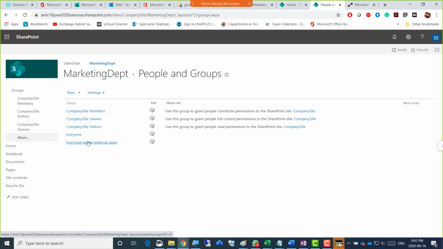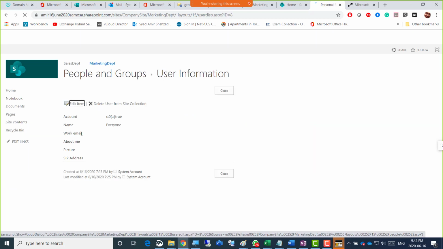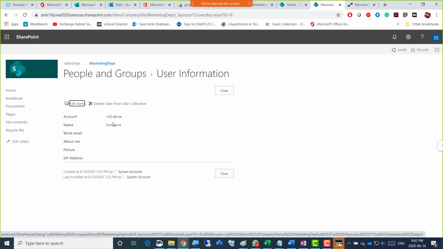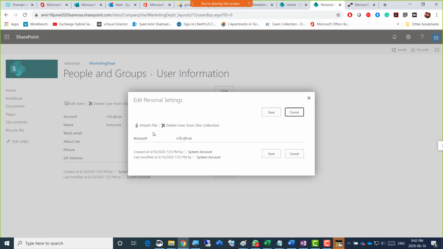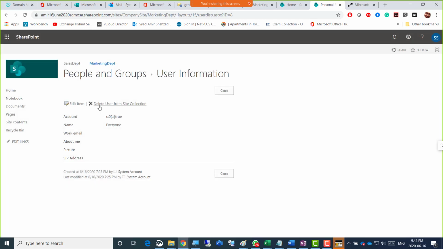So everyone except external users. So if I click the everyone, then there is account equal true, name everyone, and system account there. So if I click the edit item, so delete users from site collection. If you want everyone not to be seen there, then you can just remove the everyone from